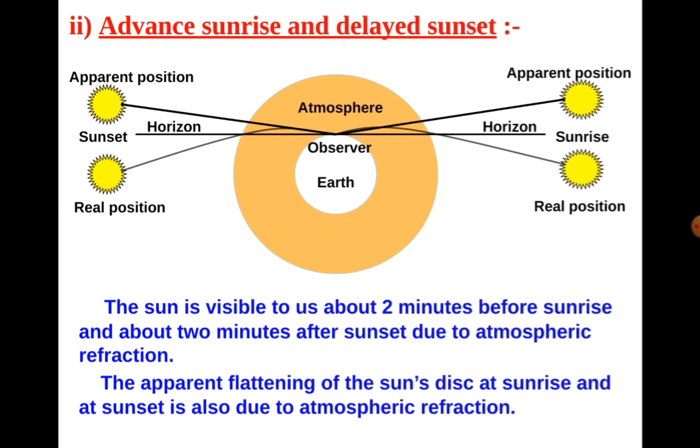The same thing you can see at sunset. Even when the sun goes below the horizon, it is still visible because of atmospheric refraction again. Again, just think of the stars. They look like they are at the same position, but they are not. Same thing here. Therefore, the sun remains visible for 2 minutes even after the actual sunset. This increases the length of the day by 4 minutes. Clear? So this is the topic for today, and I hope you understand it.